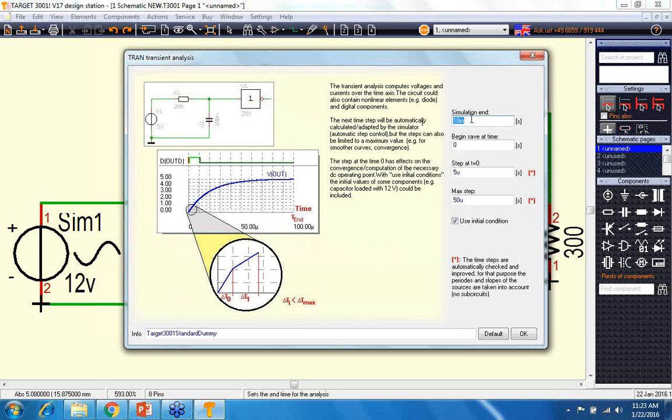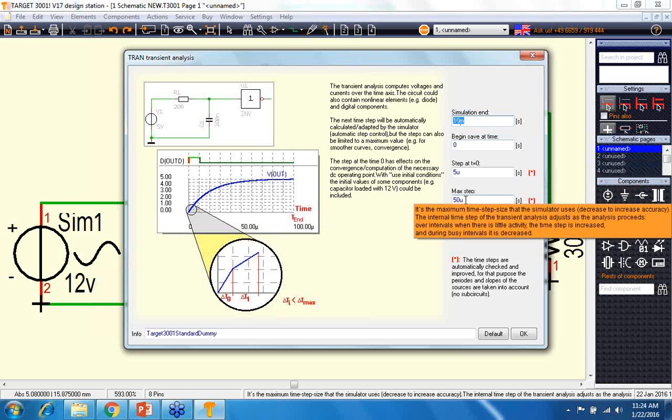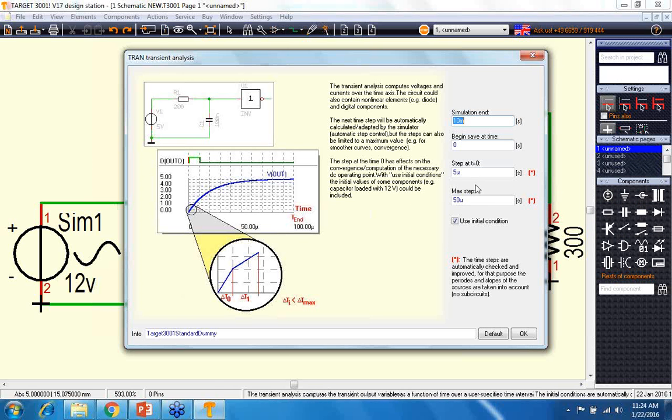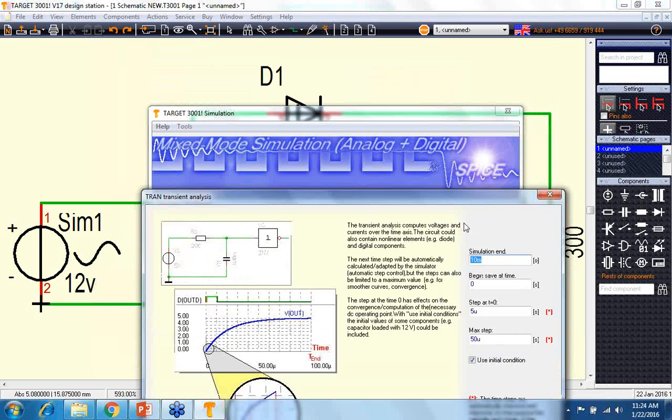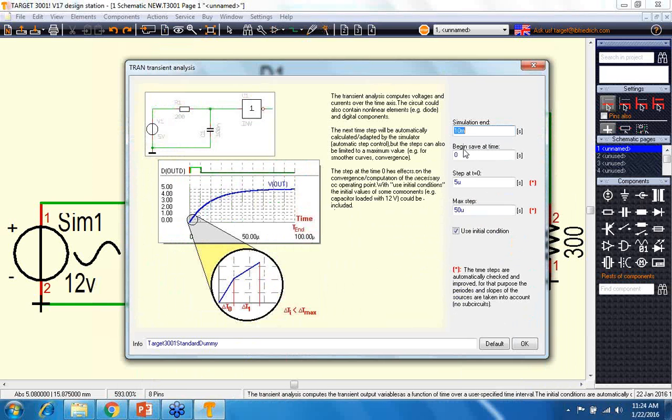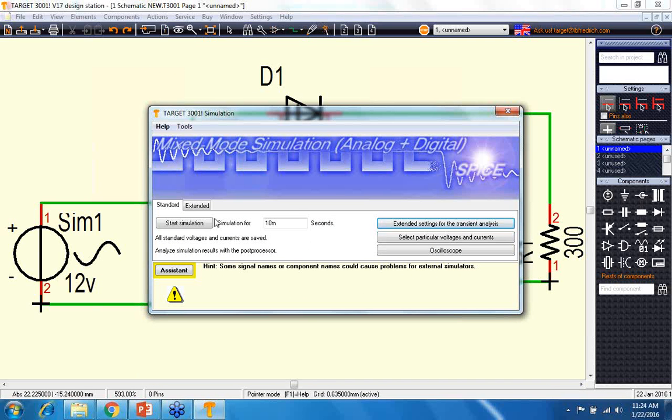For the simulation parameters, there are simulation end time, at what time your simulation will run, the begin save at time, step at t is equal to d0, and maximum step. Okay, so these parameters you can change. So our result will vary according to this simulation timing and our component parameters. Okay, so we just start this simulation,